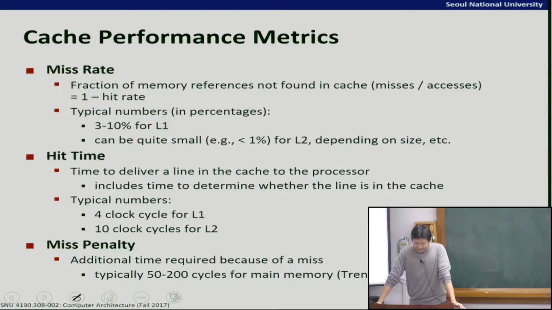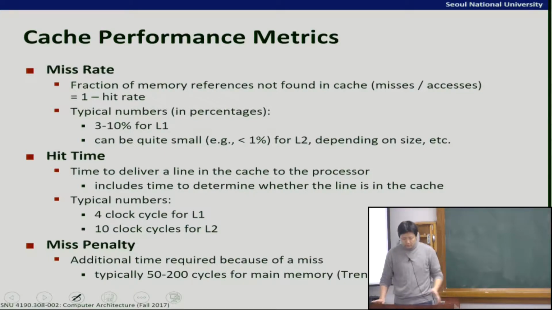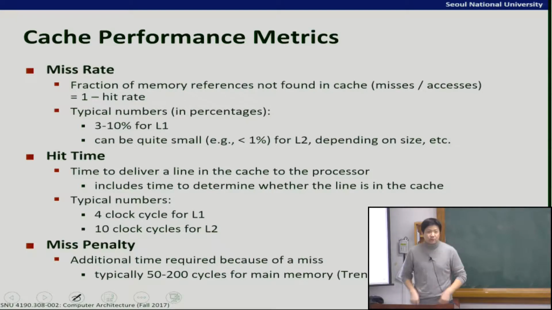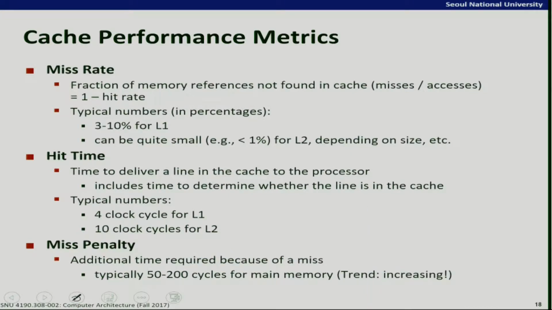So what is a good cache? You have to measure the performance of the cache in some way, and one of the most important measures is miss rate, right? If you design a cache well, you have to achieve a very high hit rate. So whenever you try to access the cache, it'd be great if you can find those blocks as many times as possible, right? So that's where miss rate or hit rate comes in. So the miss rate is defined as